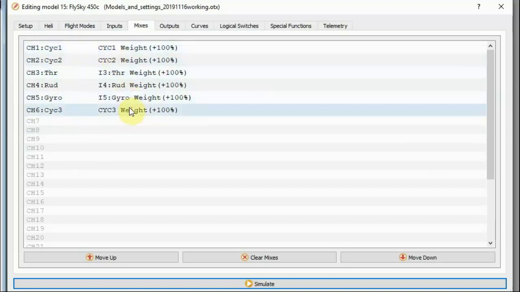And of course you obviously have to make sure, testing with the helicopter, that it's actually moving the swash correctly. As I say, I'm sorry if this has got a bit garbled because of the problems I'm having getting mixes to work in OpenTX. I hope I've explained everything that needs to be covered, and all of these 3 versions I've shown will fly the helicopter. You just need to be a bit cautious about the rates, as I say, in the version that has the